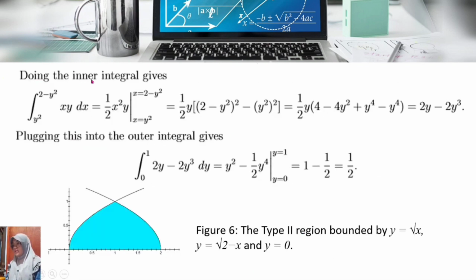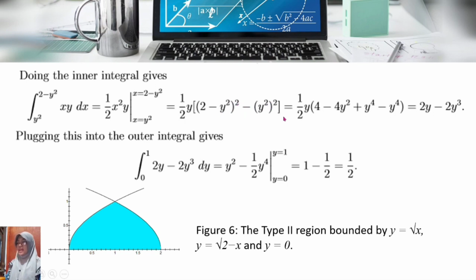So, doing the inner integral from y squared to 2 minus y squared of xy dx is equal to 1/2 x squared y, integrating from x equals y squared to x equals 2 minus y squared, which is equal to 1/2 times 1 over 2y, the quantity of 2 minus y squared, squared, minus y